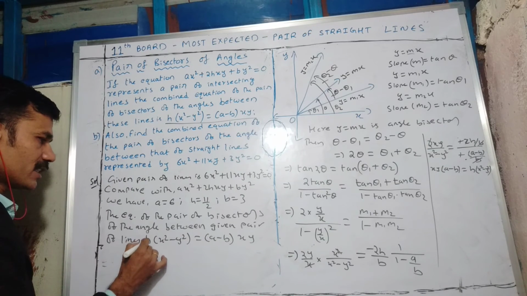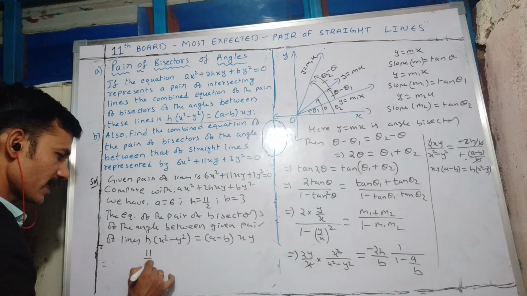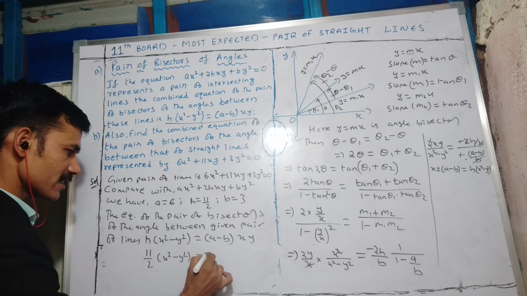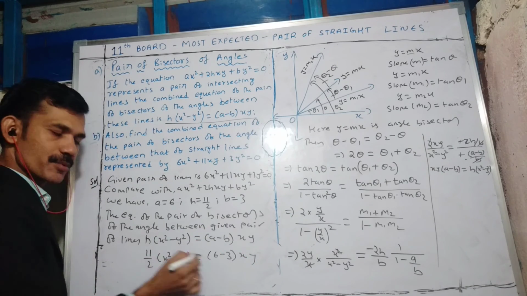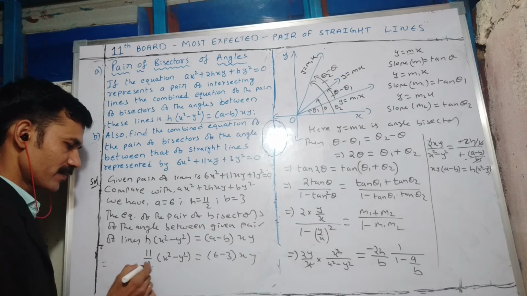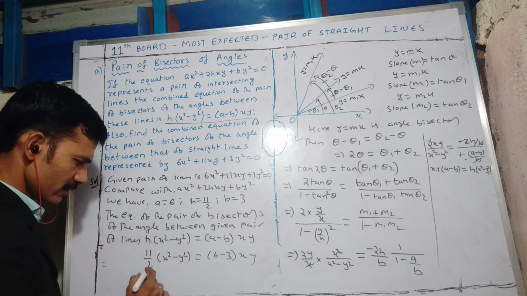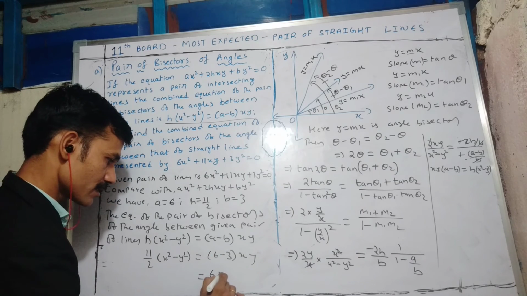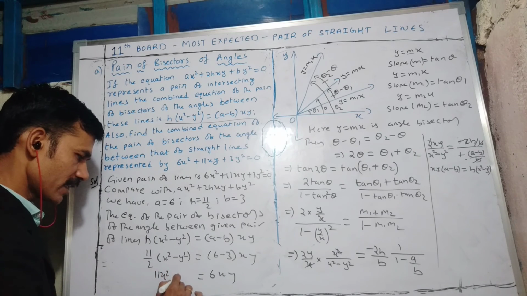Now the h value, 11 upon 2 you can write, and a minus b, that is 6 minus 3. Writing the formula carries 1 mark, substitution half mark, and then simplify and express in the standard form. So this 2 I can take to that side, 6 minus 3 means 3, so 2 times 3 means 6y. Here I can multiply with 11, that is 11x square minus 11y square.